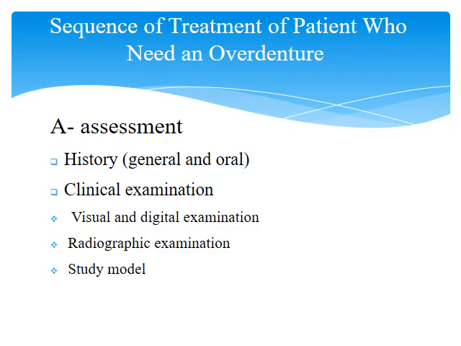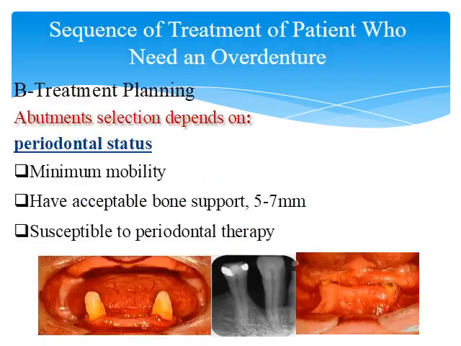The sequence of treatment of patients who need an overdenture: first we start with assessment, which include history, general and oral history, clinical examination like visual and digital examination, radiographic examination, and construction of the cast. Second is the treatment planning,